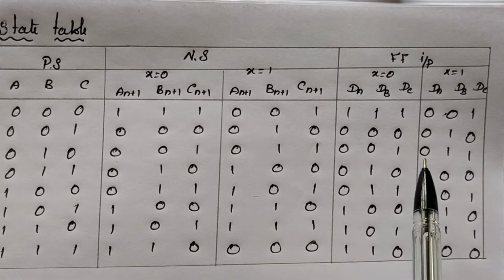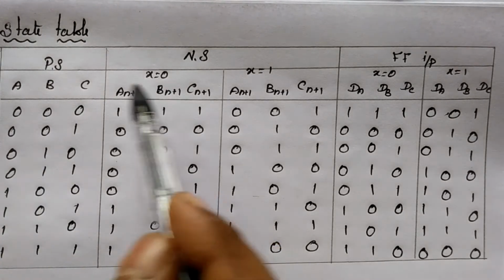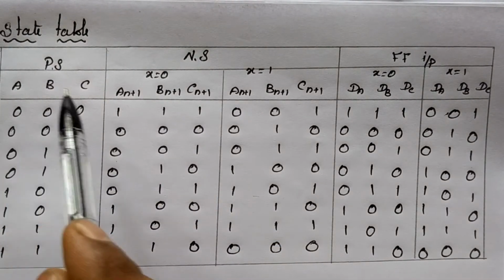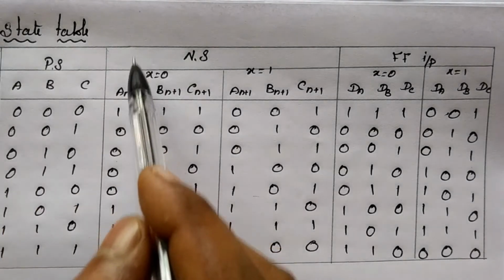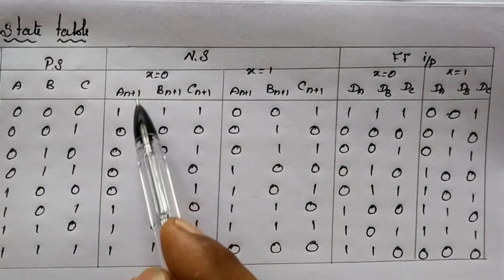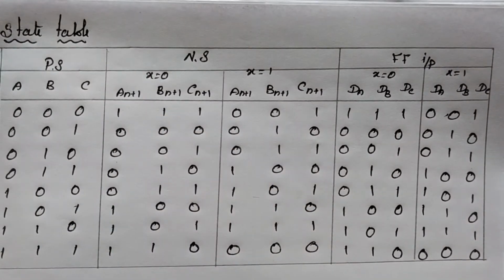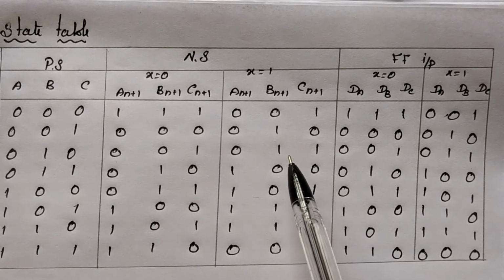In the table, next what we need to do is go for including the present state along with input. Therefore here we need an additional column. In that column we need to consider input x. In that we need to go for a maximum of 16 combinations. So that will be a time consuming one. Therefore here I am directly writing the values in the K-map.